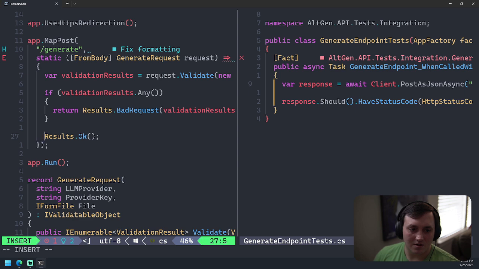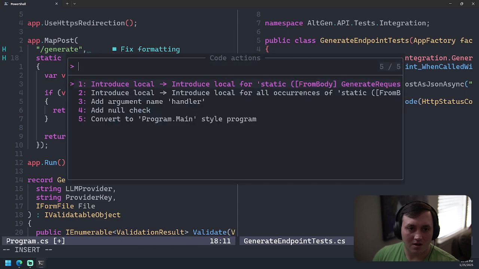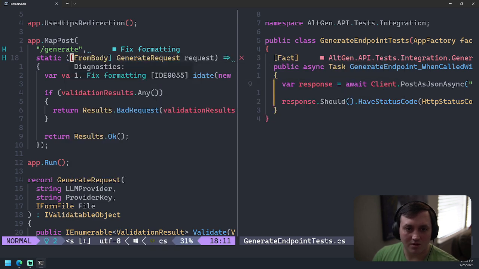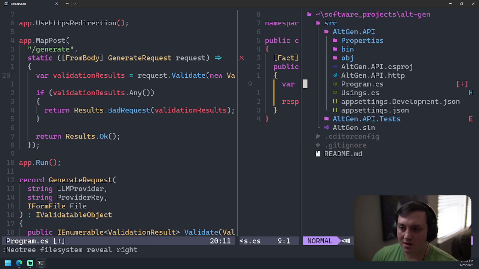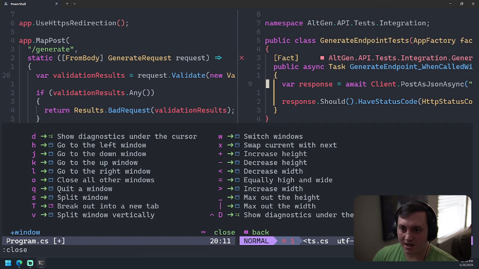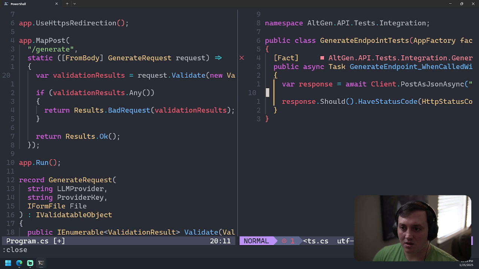All right, so now I would expect our test to actually pass because we're not sending anything. Let's go back to our tests. We actually don't want to post as JSON.